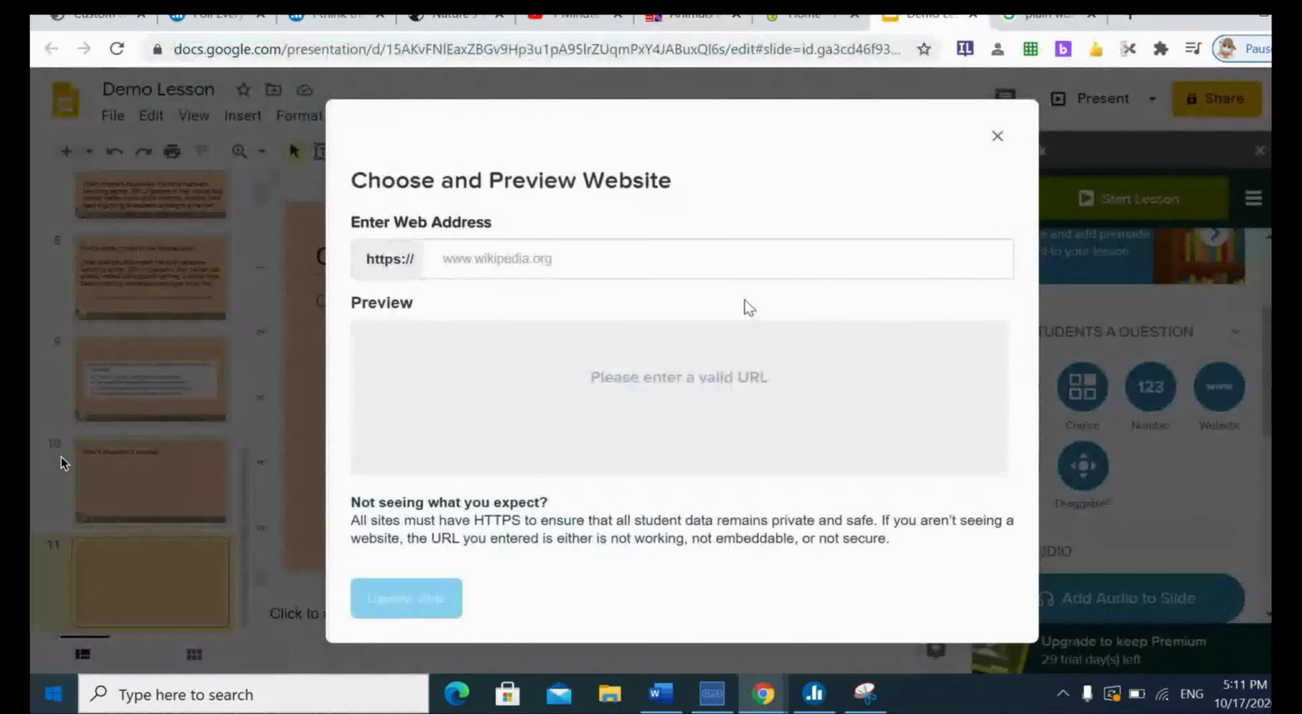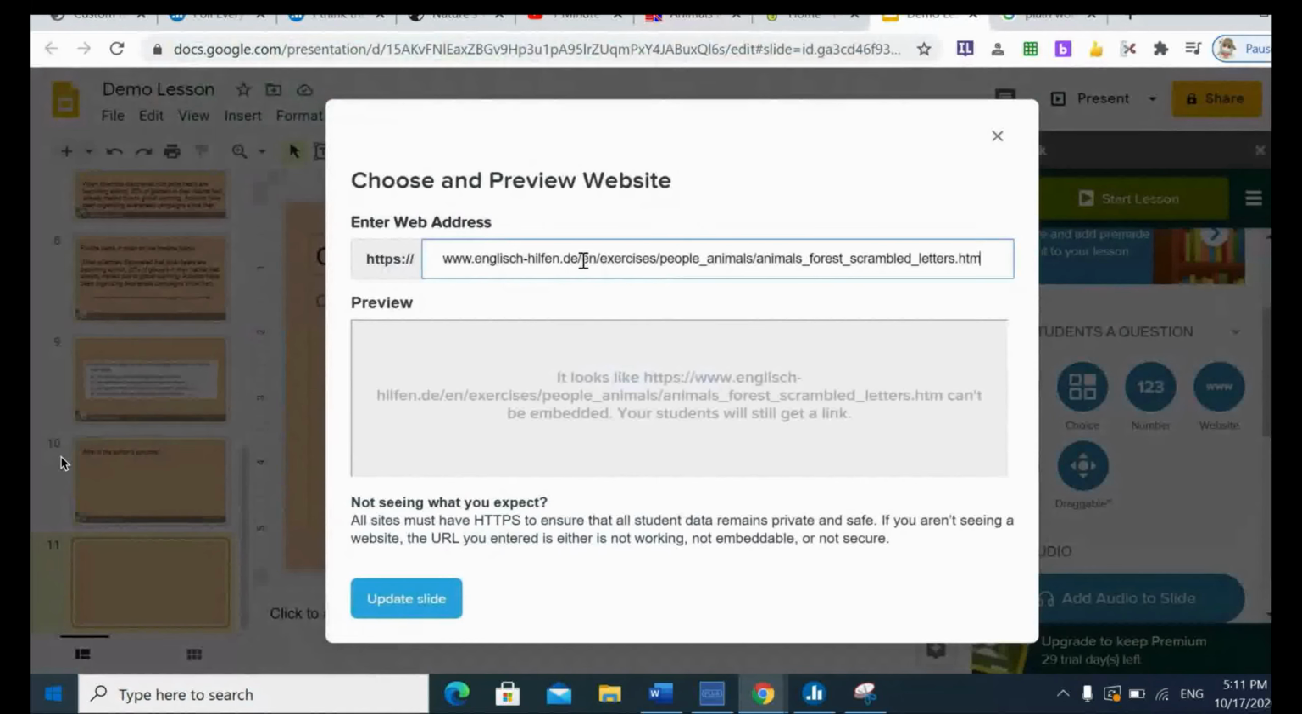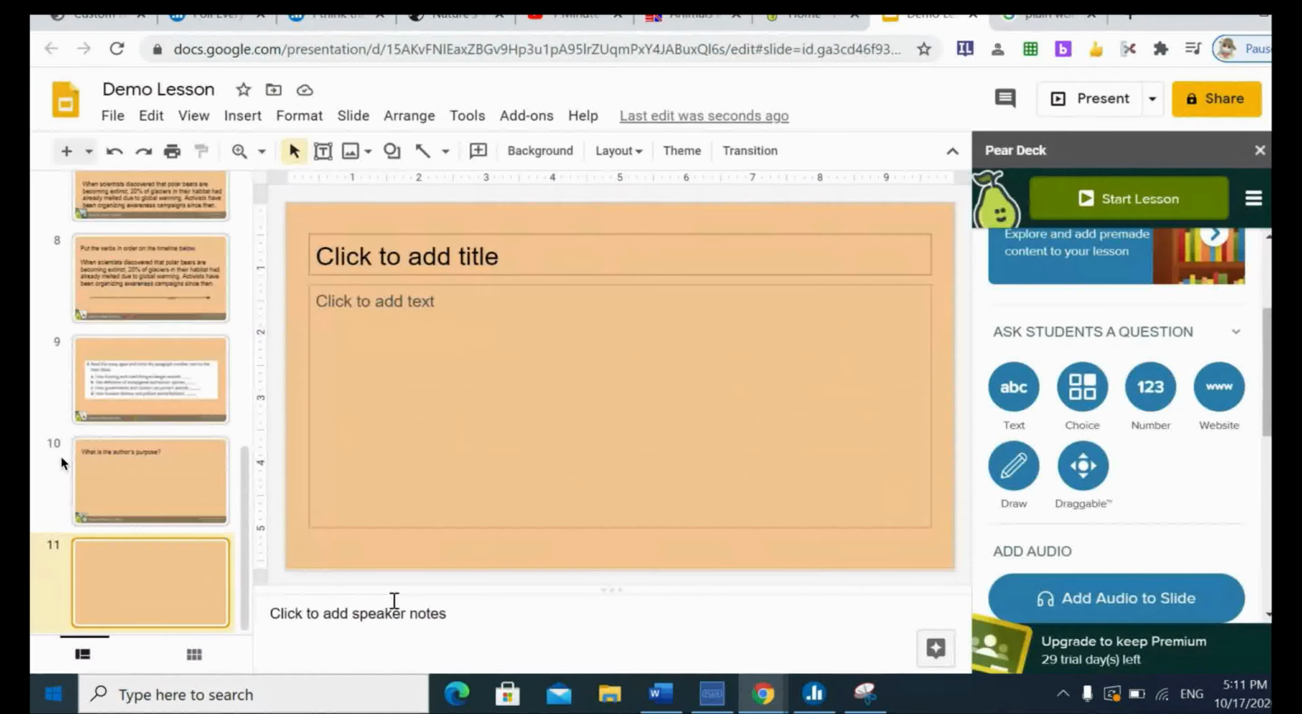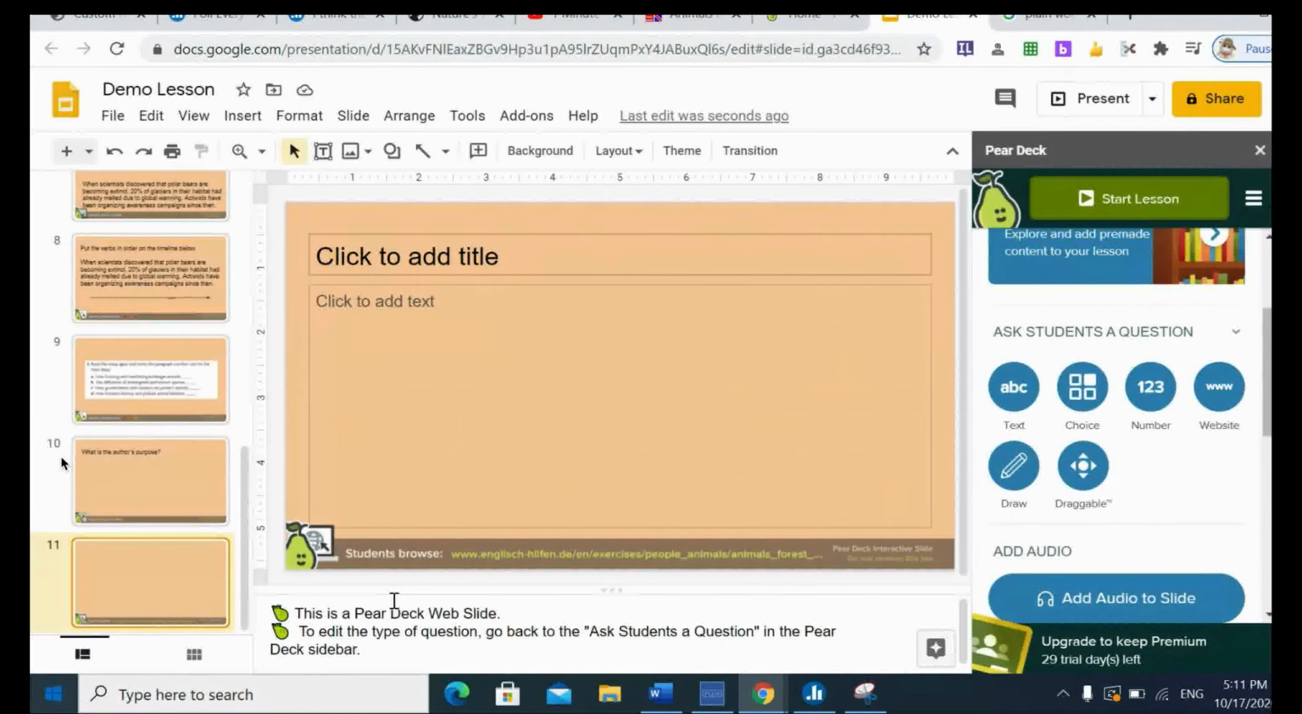It's so amazing, and it has answers and everything. And I can add it here, and the students can be directed. The website itself can be imported into Pear Deck, and students can do the exercises and be done. Now, at the end,